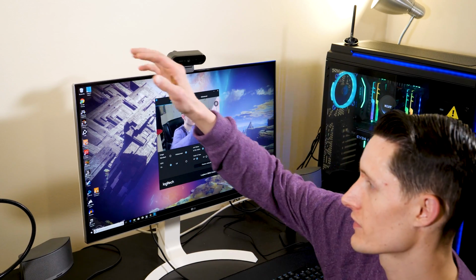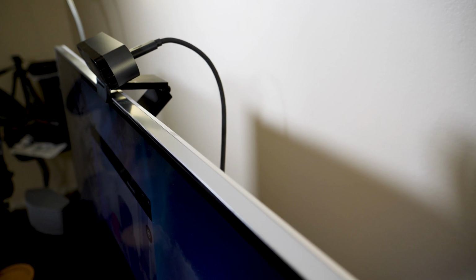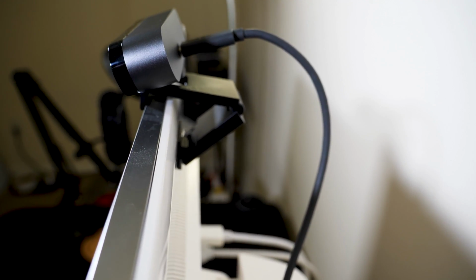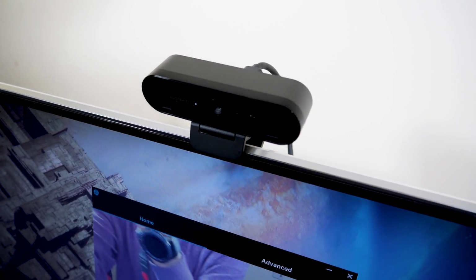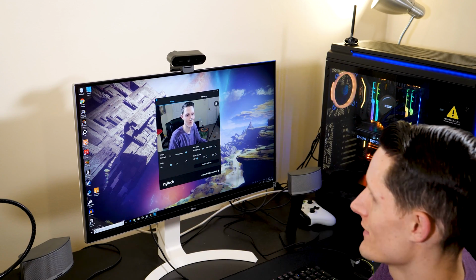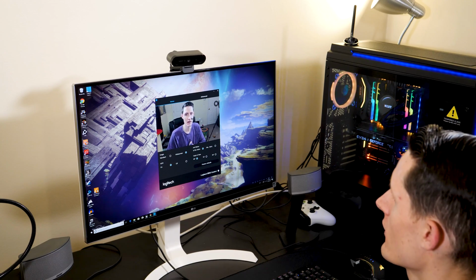I might suggest putting it on a tripod, especially since this monitor is very thin around the edges, so I'm not liking the way it actually looks on my monitor, but I'm gonna leave it for now because I've just gotten it. I'm actually thinking about getting a second monitor, and maybe putting it off to the side. I've got to clean up this room today, so I'm gonna leave it for now, but I really do like